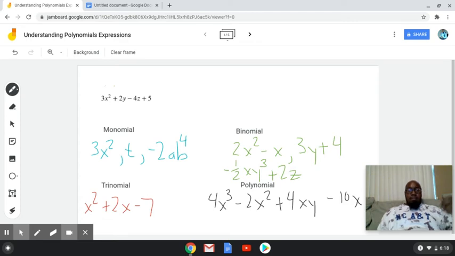All right. Now, keep in mind, one thing you do not see is any expression that has a degree where the exponent is a fraction, or anything where the variable is in a denominator form. Okay, they're always going to be positive exponents, and no variable is going to be in a denominator form. Okay,